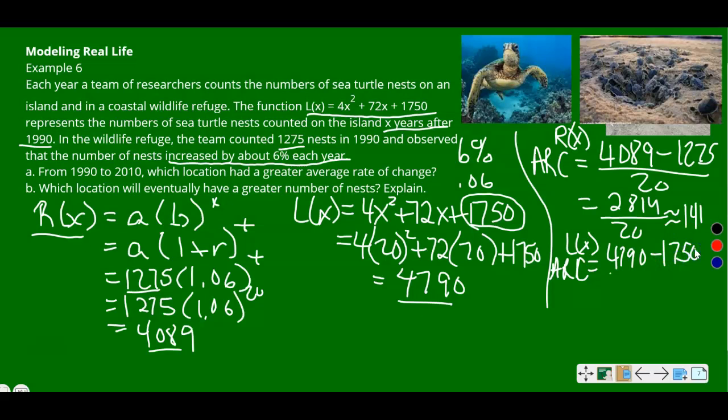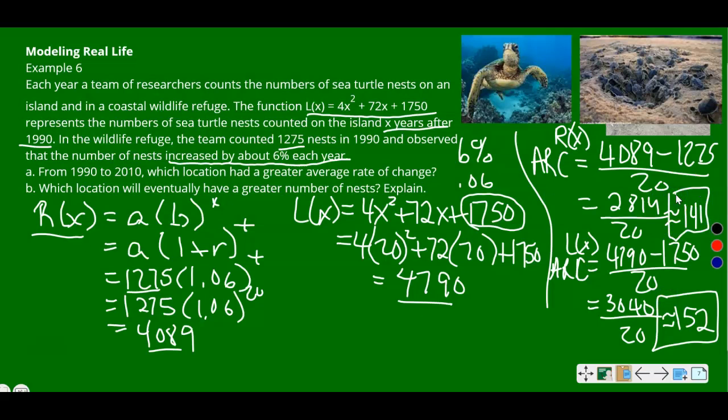We know that's the initial value when it's a quadratic function. And then again, we did 2010 minus 1990, again gives us 20 years. Now, if I do 4,790 minus 1750, I get 3,040 over 20. So all I did was subtract here. I'm still dividing by 20, and that's going to be about 152. All right, so I've got 152,